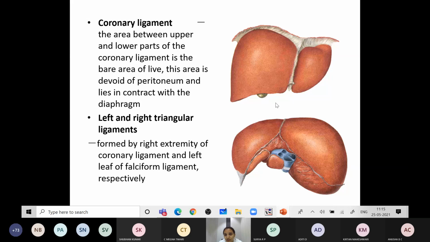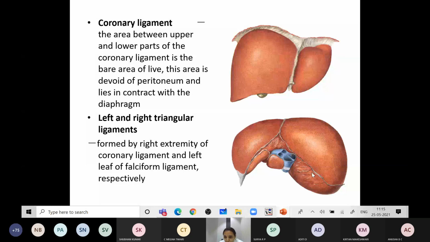Here the anterior abdominal wall is removed. You can see the attachment of the falciform ligament. The right layer extends over the right lobe of the liver, the superior surface and the anterior surface. The left layer extends over the left lobe, anterior surface and superior surface of the liver, and hence it is reflected over the diaphragm as a coronary ligament. This is the anterior view of the liver. This is the superior view of the liver. This is the attachment of the falciform ligament. The right and left layers diverge and attach to the respective lobes of the liver.